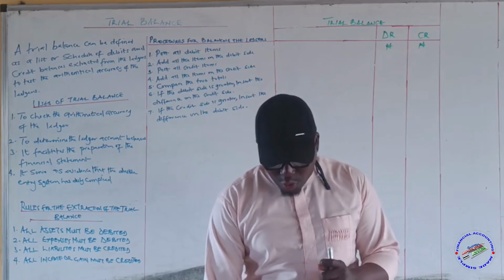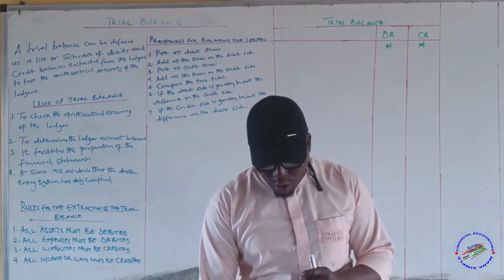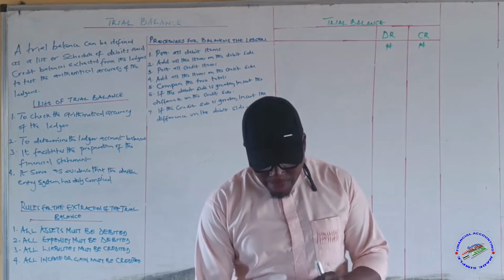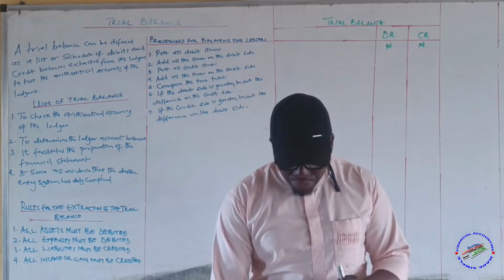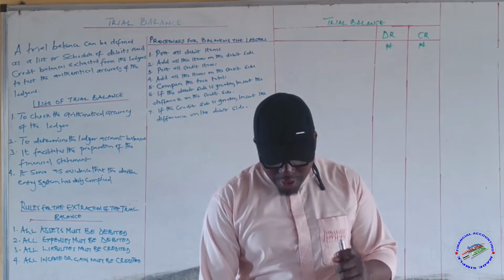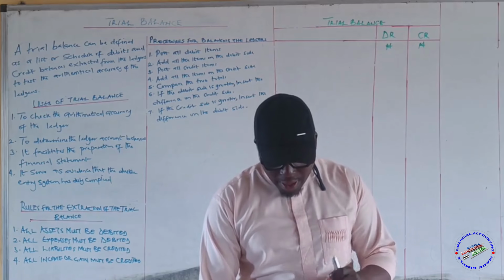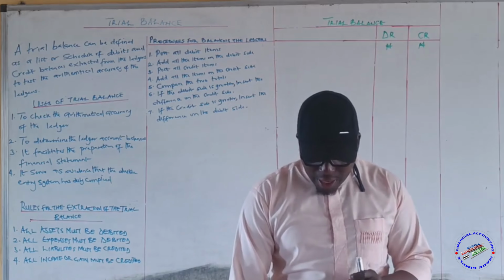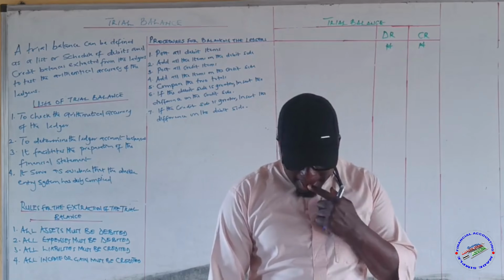Stock, 2,368. Carriage outward, 200 naira. Carriage inward, 310 naira. Return inward, 205 naira. Return outward, 322 naira. Sales, 18,600. Salaries and wages,